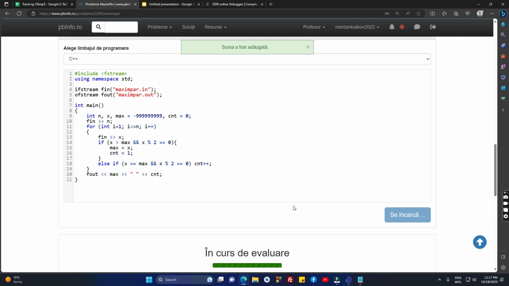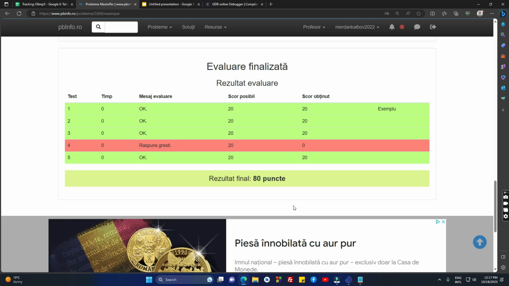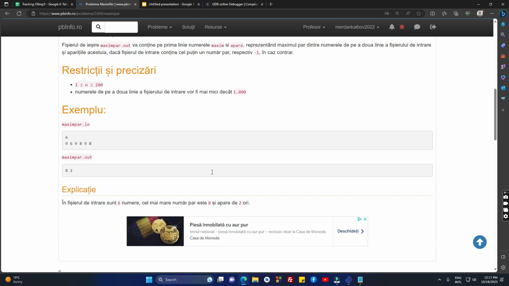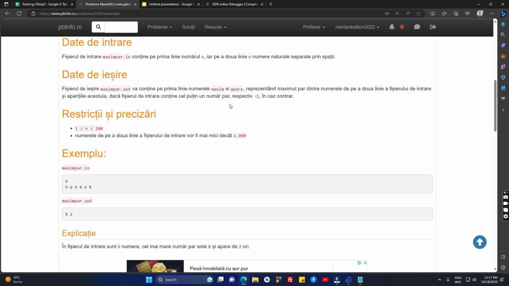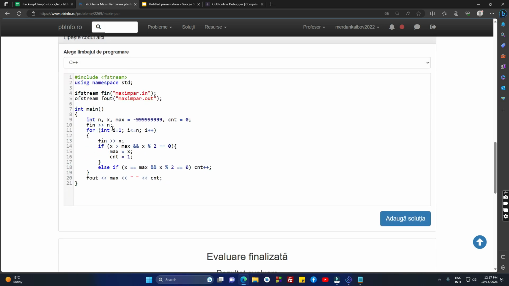Let's run it. Okay, so now here we have a case that we didn't cover. It says if there's no even number, we must print -1. So it may be that all the numbers are odd and we have no even number. In that case, I will not change this maximum. So after my loop, I want to check if max is still this number. If max didn't change, then